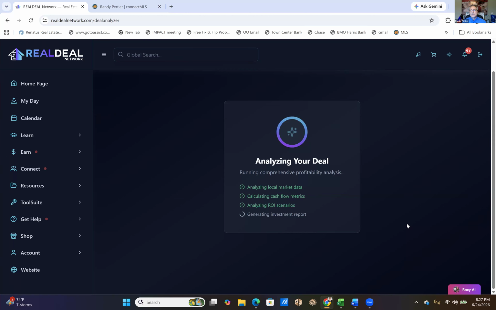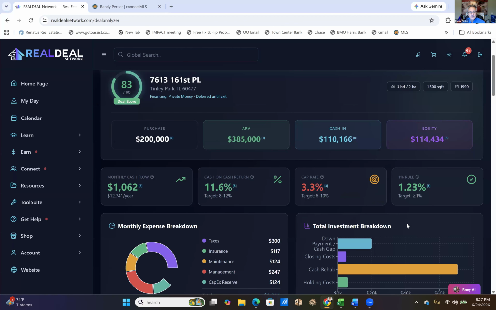I've been using spreadsheets forever, but I wanted to see what this was like, and I like using it. It's really good. There's some really neat features about this too that I'm going to show you. A spreadsheet's not as impressive if you're going to present this to a potential investor. Look what it gave me. Based on this, it's showing me a purchase price of 200 with the ARV and